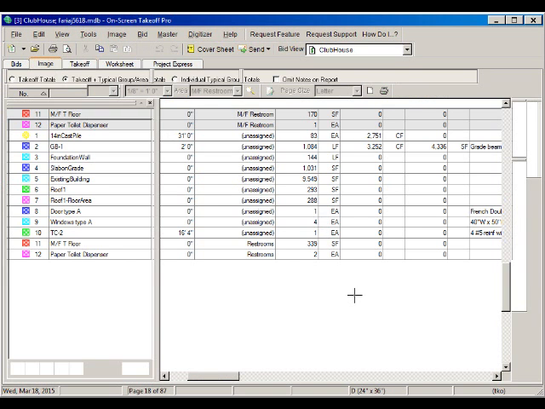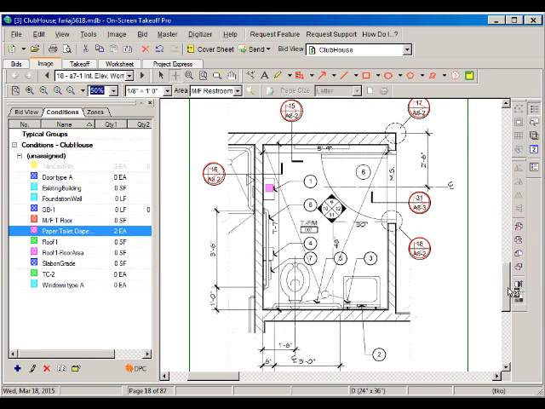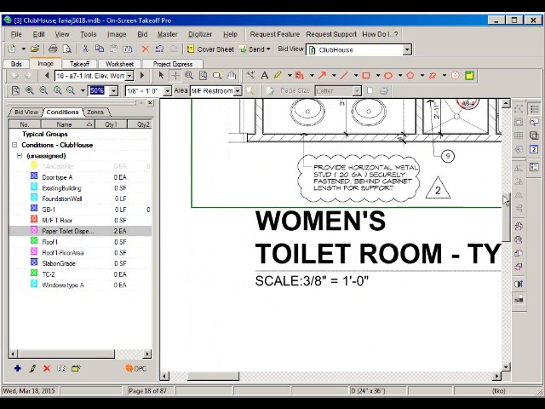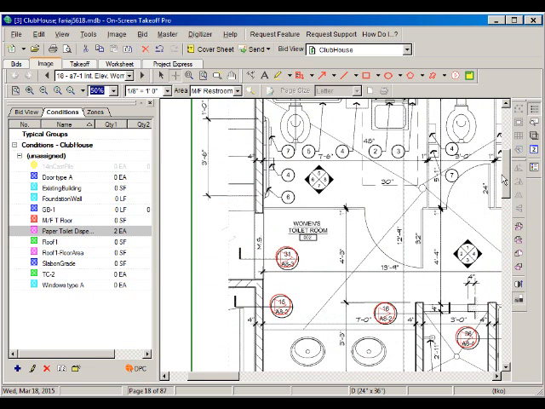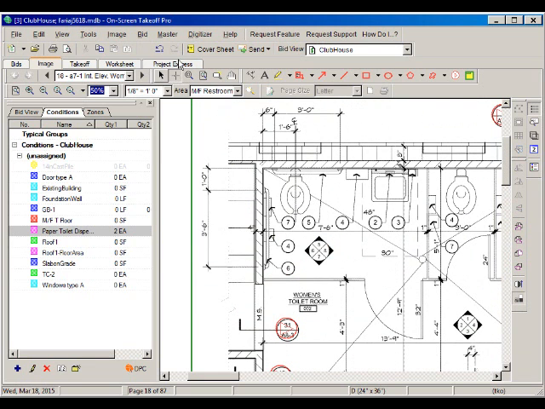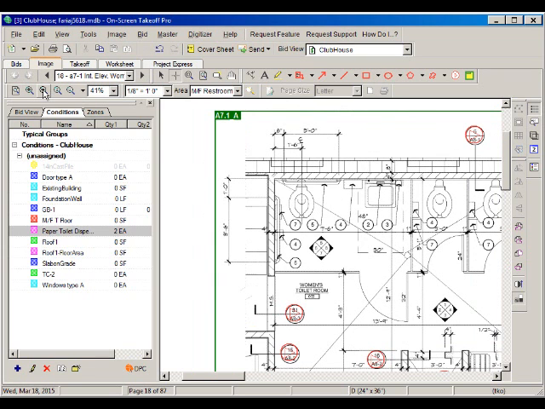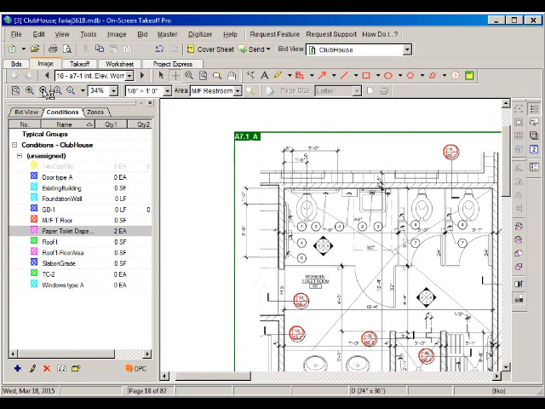Now, with the same logic, let's do a takeoff on the women's toilet room for item number one, which is this paper towel dispenser. Let me zoom out a little bit so we can see the entire restroom. So we should have